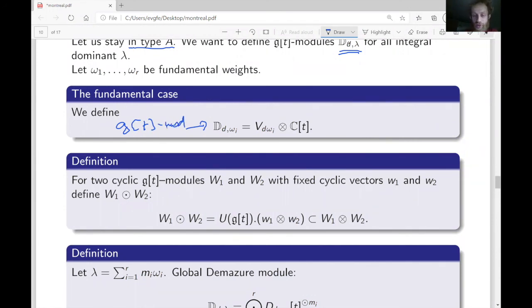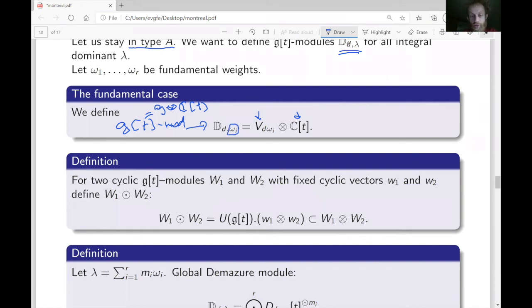You take this G module, which is just the irreducible representation with highest weight D omega I, fundamental weight several times, and then you take the polynomial ring in one variable, and since G of T is nothing but G tensor C of T, with G acting on the first factor and T acting on the second factor, this is nothing but this very natural module. So you see there is this omega I here,